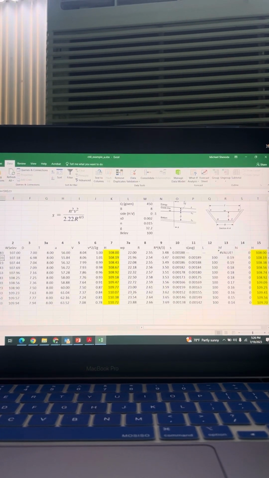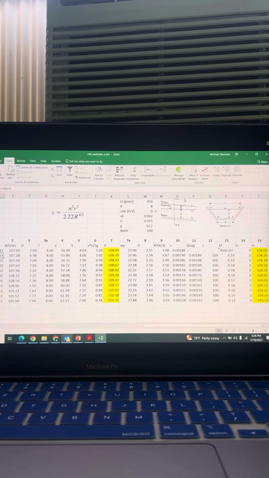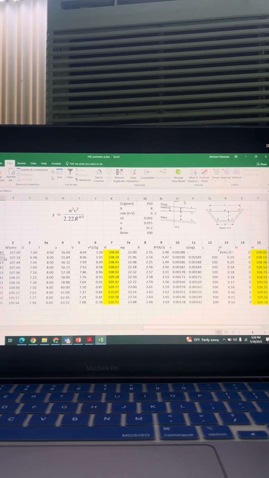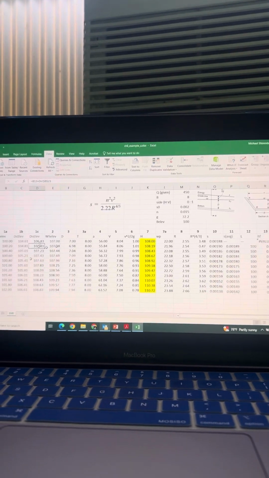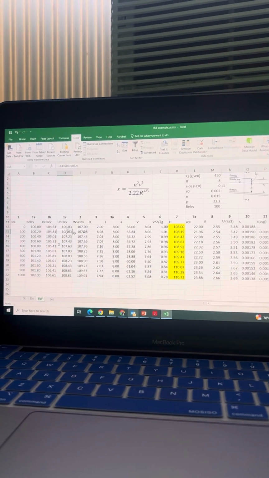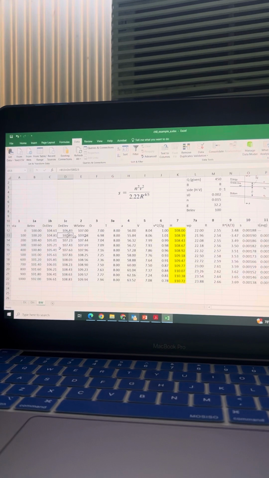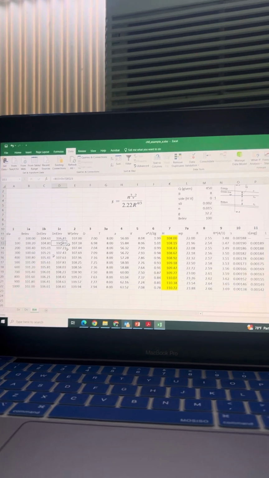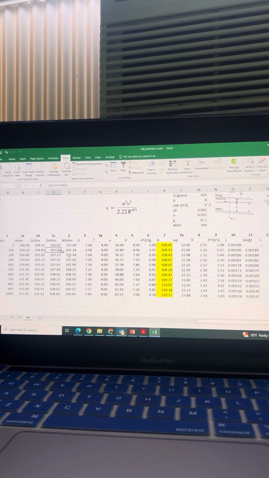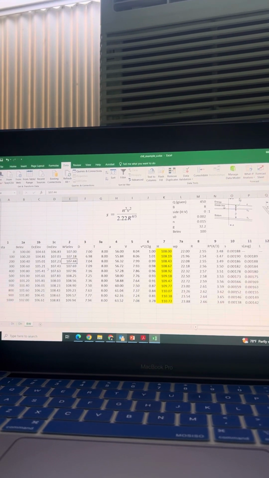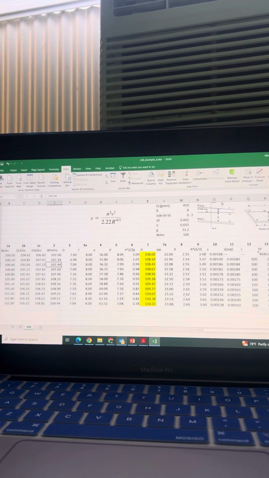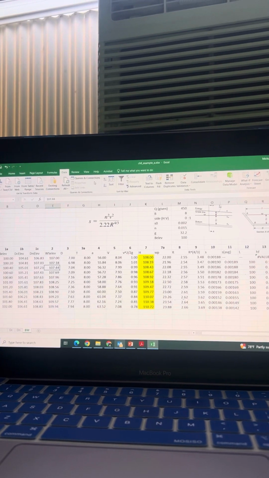Everything else, like I said, will calculate automatically. What we see here is that the normal depth elevation is still lower than the water surface elevation. So I'm going to keep going. What I want to see is, when does the water surface elevation come back to the normal depth? So in the next row, let's try a little higher,